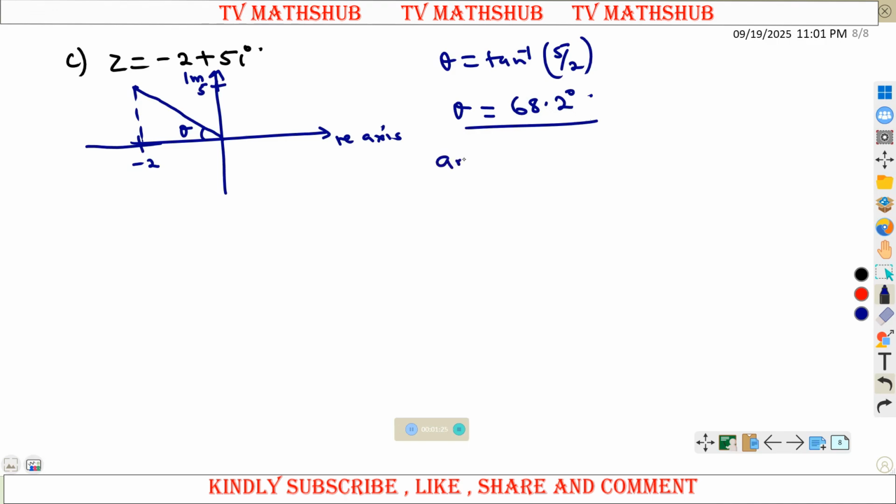So what will be the argument of z? The argument of z is measured from the positive x-axis, and it should be between -180 and positive 180. So we can take this angle since it is less than 180 degrees. So this angle here is the same as 180 degrees minus 68.2 degrees, and this will be the same as